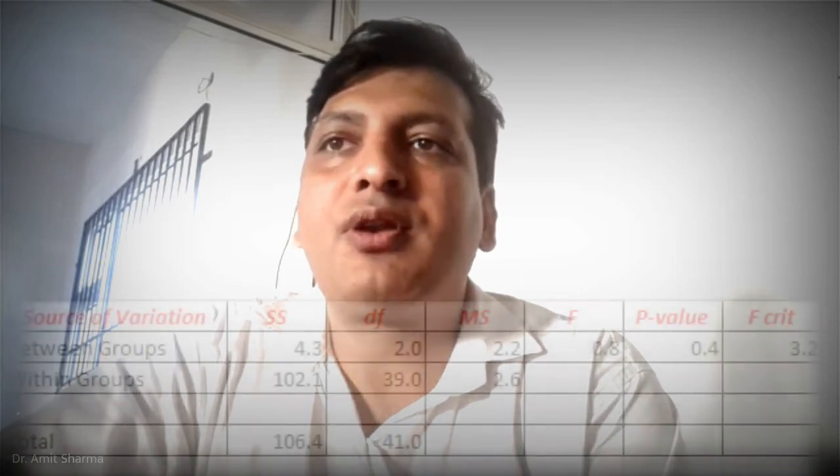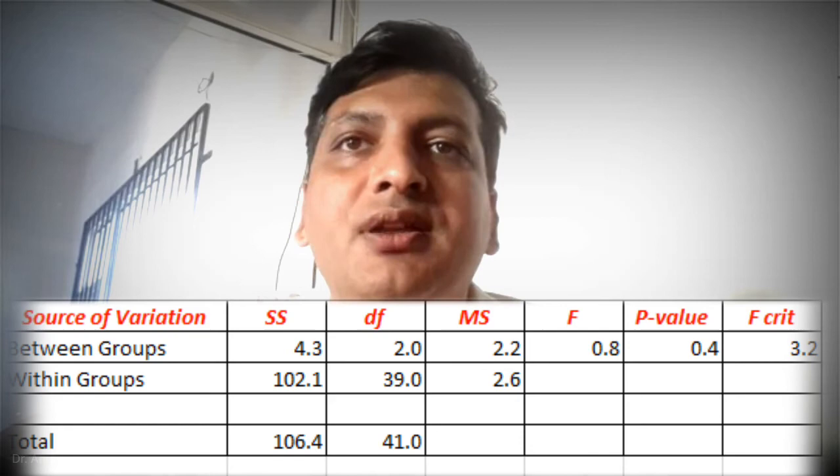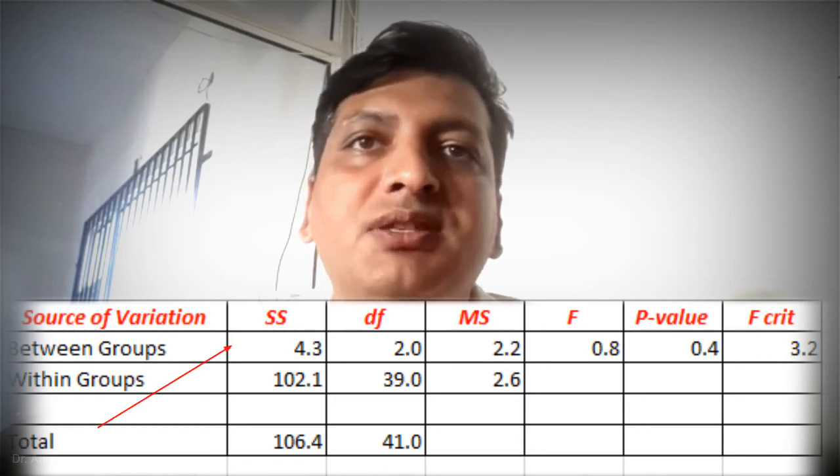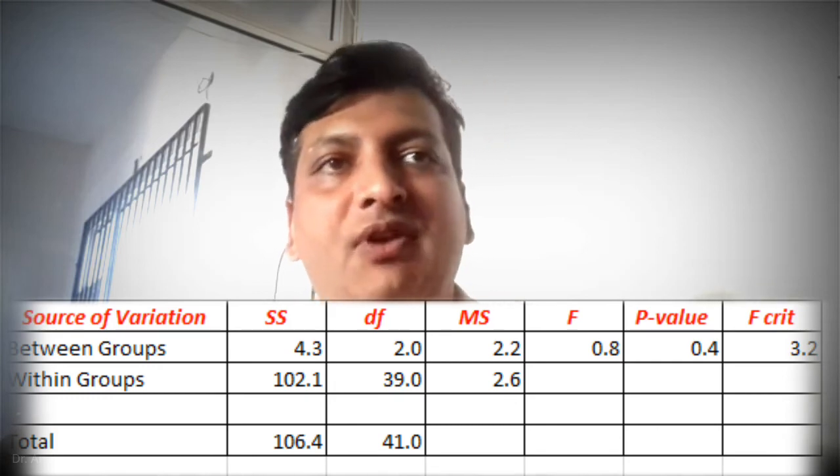So here we are getting values for between the groups and within the groups: sum of squares, degrees of freedom, mean sum of squares, the value of F for this particular test, the p value which we have got is 0.04, and the F critical value, which is the value we are going to take from the table.